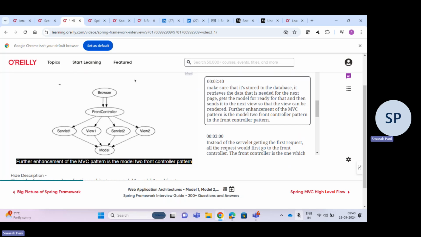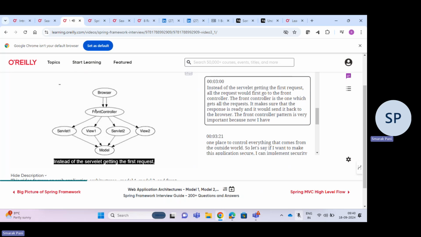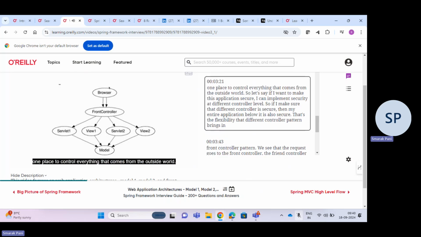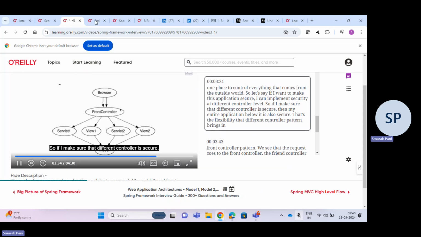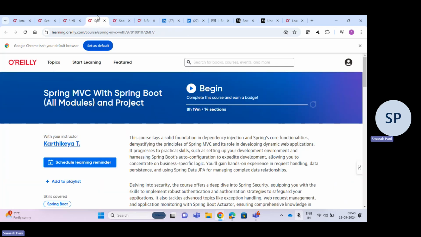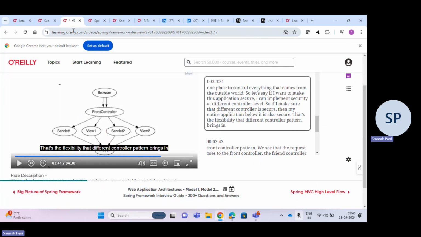A further enhancement of the MVC pattern is the Model 2 front controller pattern. In the front controller pattern, instead of the servlet getting the first request, all the requests would first go to the front controller. The front controller is the one which gets all the requests. It makes sure that the response is ready and sends it back to the browser. The front controller pattern is very important because now I have one place to control everything that comes from the outside world. So if I want to make this application secure, I can implement security at the front controller level. If I make sure that the front controller is secure, then my entire application below it is also secure. That's the flexibility that